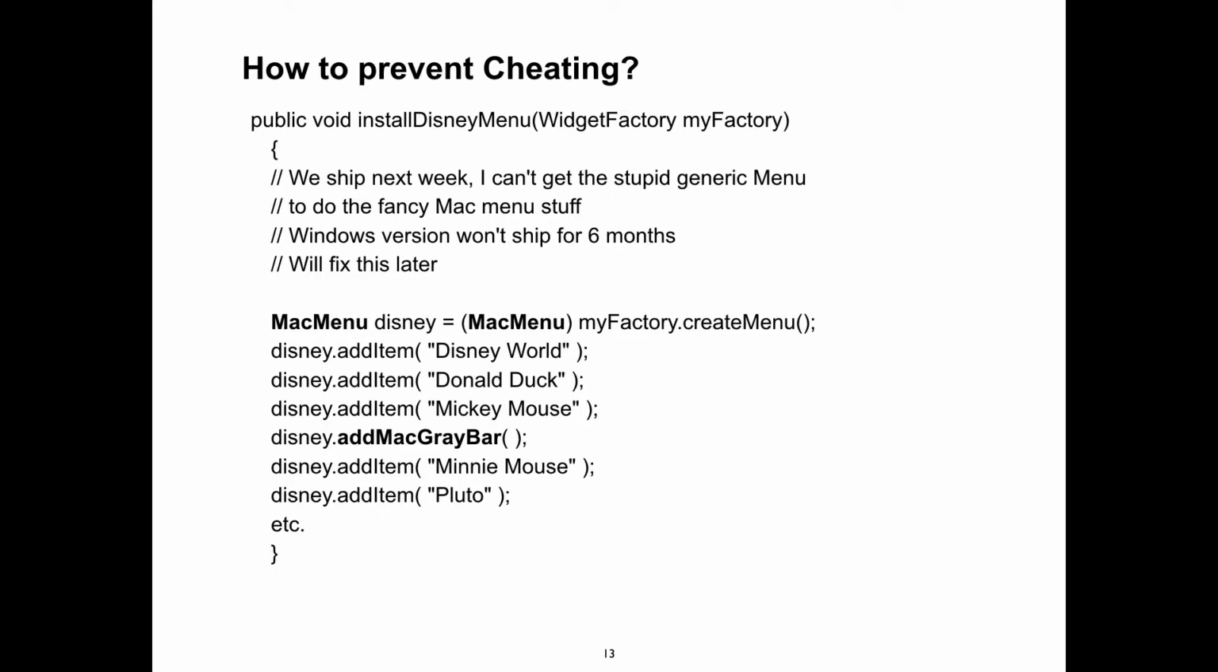But even if we're using the abstract factory, and I create a menu, I can still in Java downcast it, right? So what can we do to make sure that doesn't happen? We'll talk about a different pattern we can use to solve that problem. Let's see, before we go on to Singleton,